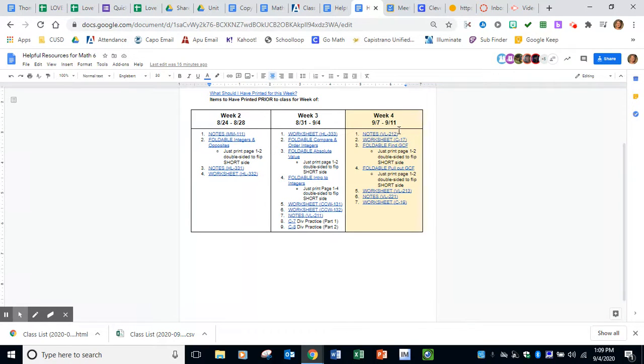Here's week 4. We'll always have the current upcoming week highlighted so it stands out. And so maybe Sunday night, you would want to print every single item so that it's ready to go for the whole week. This is here for if you just want to get all the printing done at once. However, we also have the other option